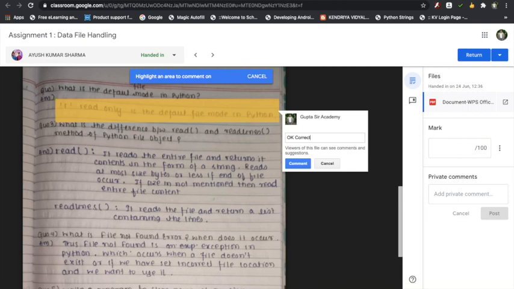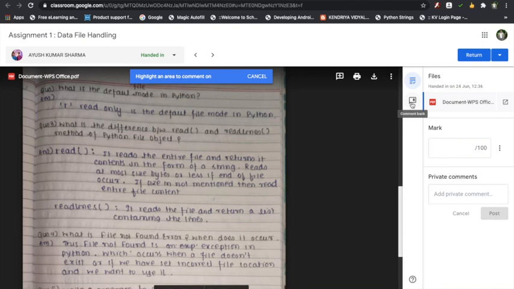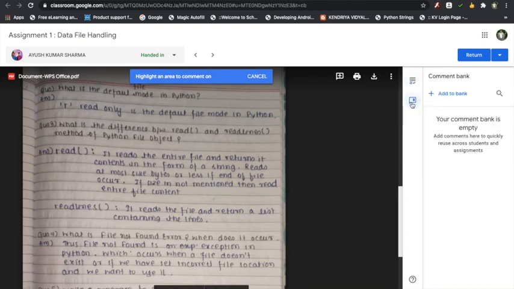There is a hub where you can save your pre-comments. You can pre-program your comments and save them there. Most often used comments you can take from that particular pool of comments and paste over here. How to do that? Let us see. Just see here in the right window pane, one thing is there, comment bank. There is a bank called comment bank they have made, and here you can see add a bank.